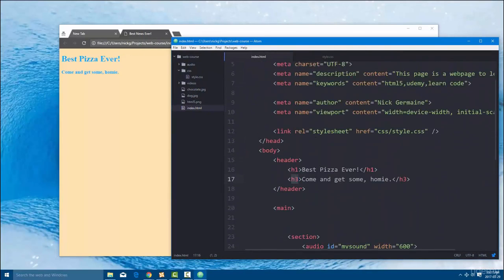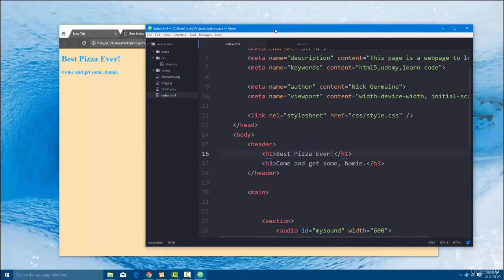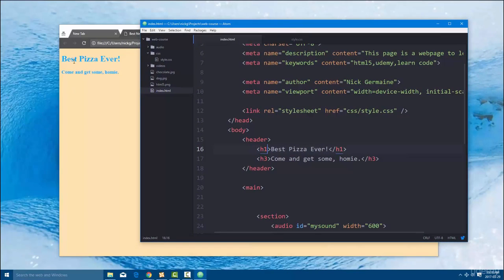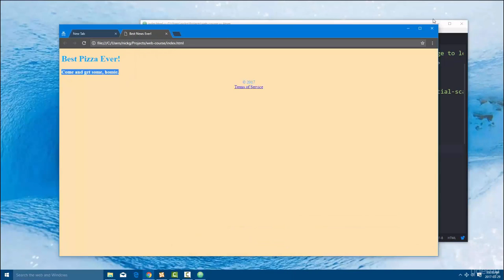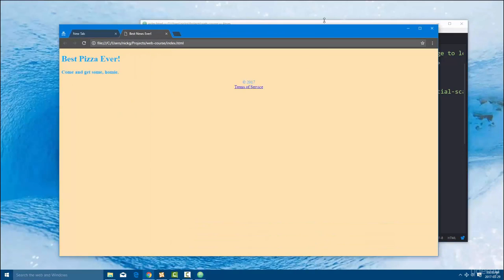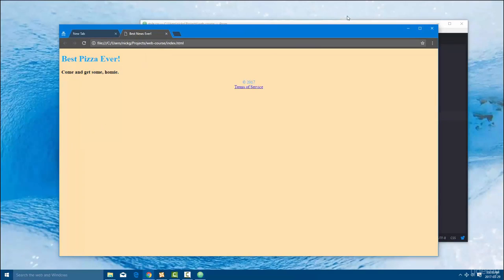So that's inheritance. You got to be mindful of this because let's say you only want to change the color for one of them, or you want to change the color for all of them except one. What we're going to do here, let's say we want this right here, the H3, I think that's an H3. Yeah, we want the H3 to be black again. So what we'll do is we'll leave the CSS for the body as is. We're going to drop down and declare the next rule, which is going to be for H3 elements. And I'm going to say color, and we're going to put this back to black. And now you can see that